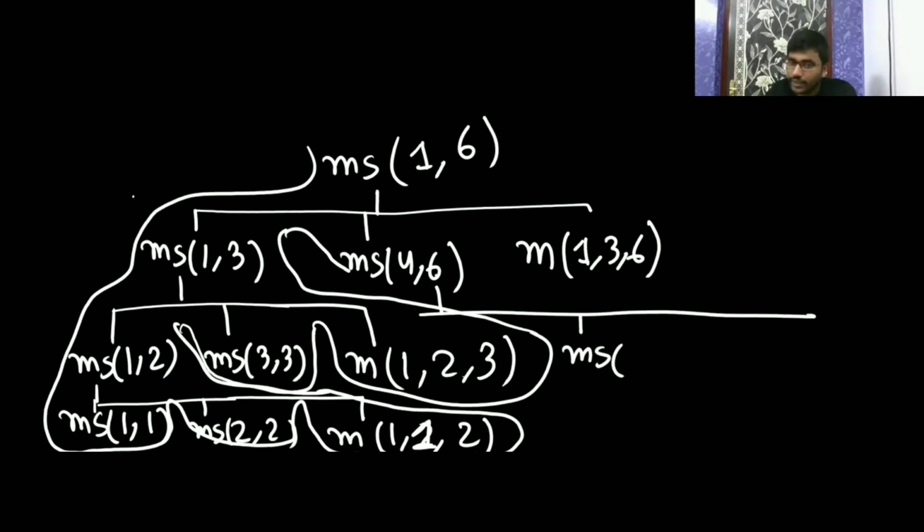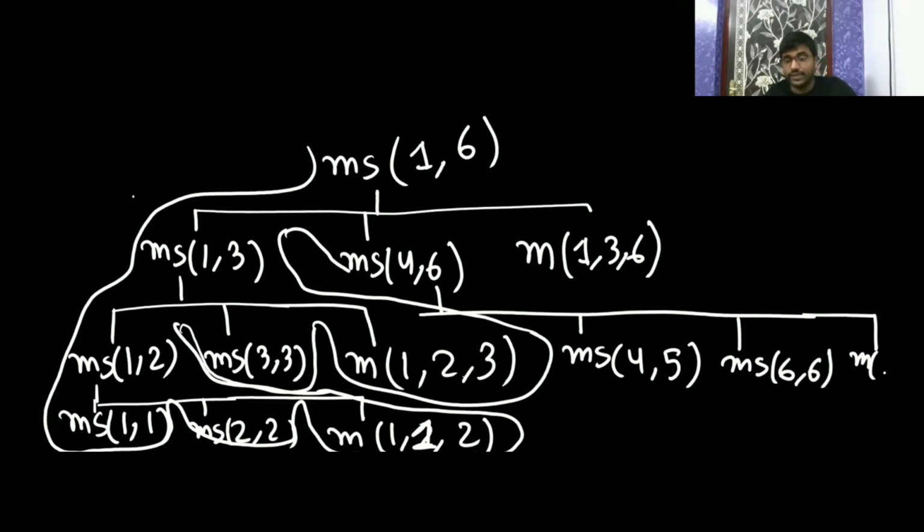So p is smaller than r, yes. Then add these two and find the mid. Mid is your 5. So 4 then 5. Then merge sort is going to mid plus 1, that is 6 on 6. Then you call the merge. See, it is a recursive function. Merge on 4 5 6, because p is this, q is this, r is this.